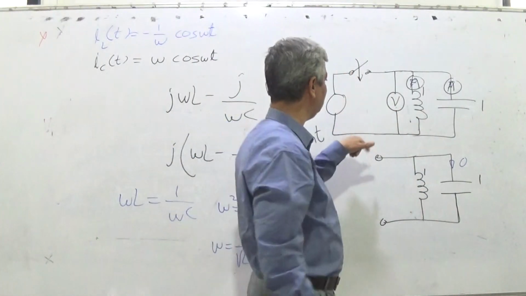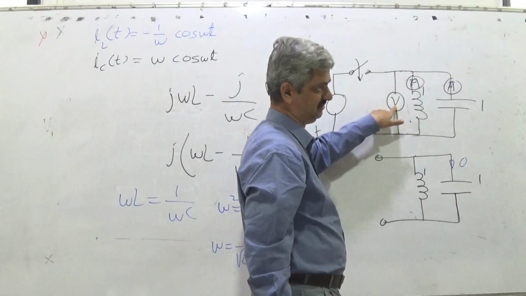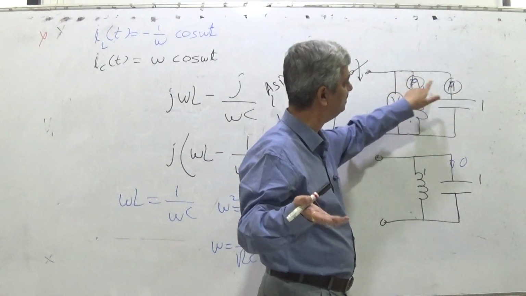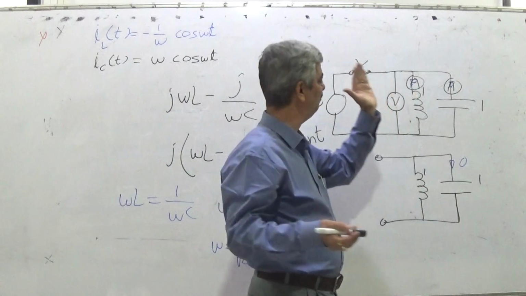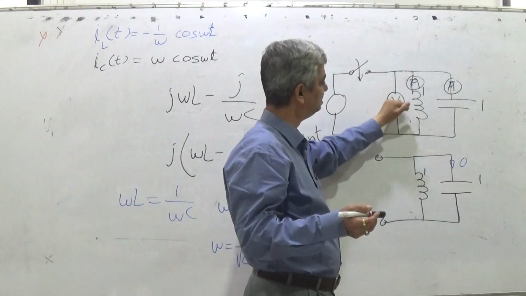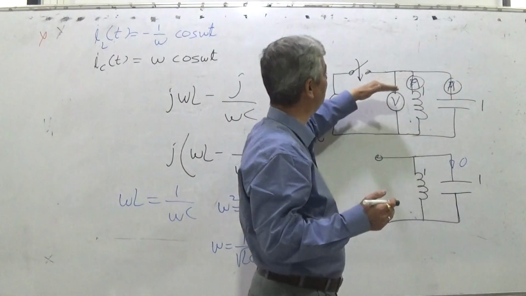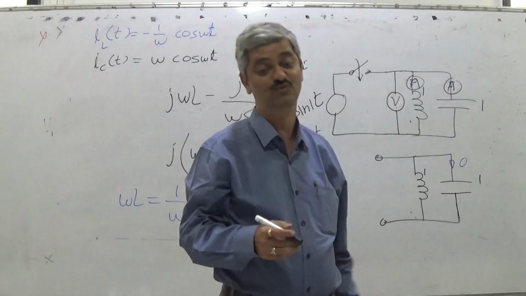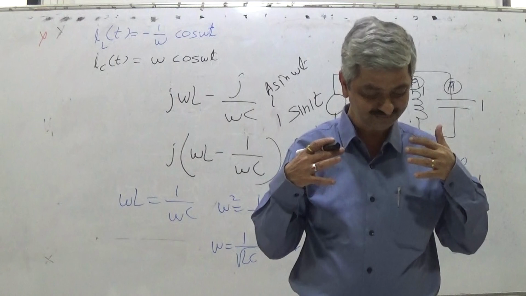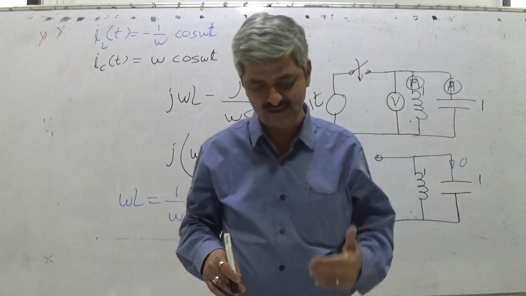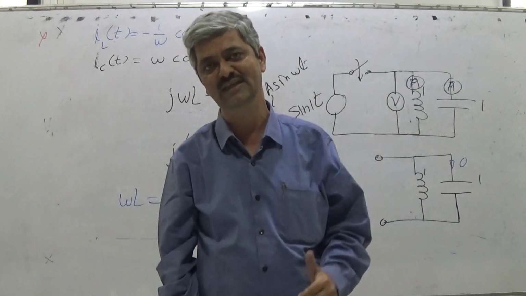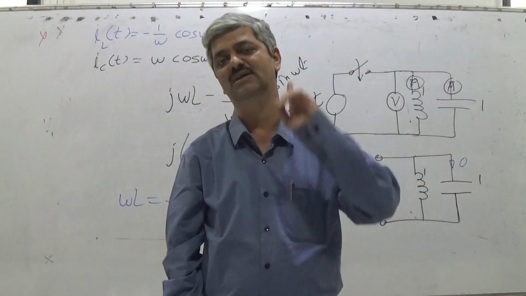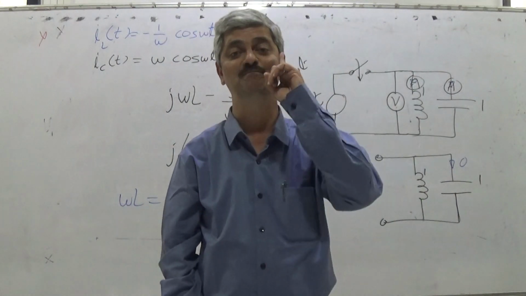If I connect it, here I will get some RMS reading, that 0.707, and this is also 0.707, this is also 0.707. So when I connect, the voltmeters and ammeters will show the values. Even if I disconnect, they will continue to show the values. So if I make the LC circuit oscillate at its resonant frequency, it will continue to oscillate. It is just like a pendulum.